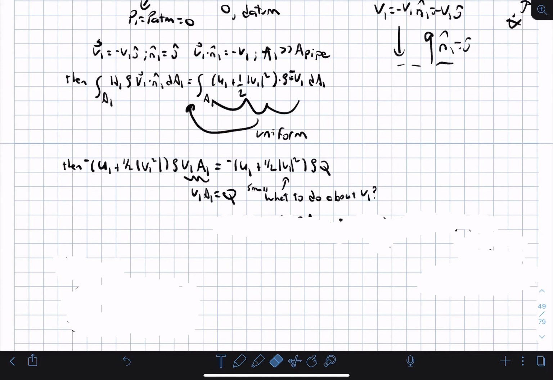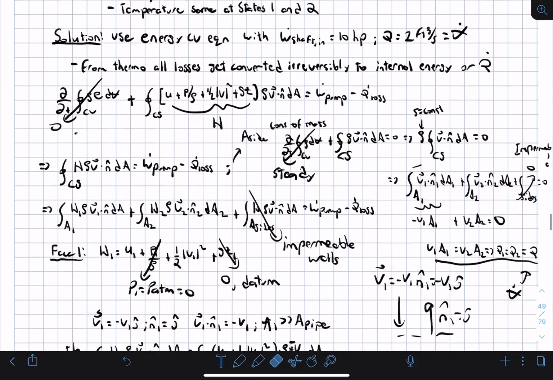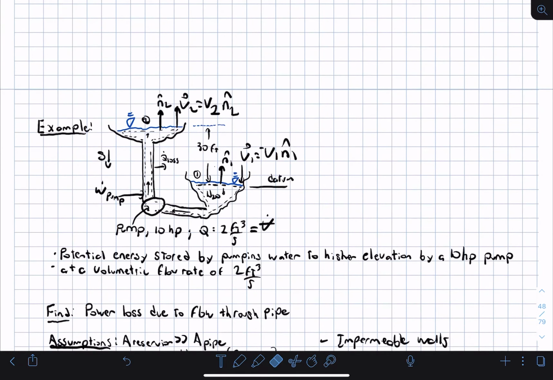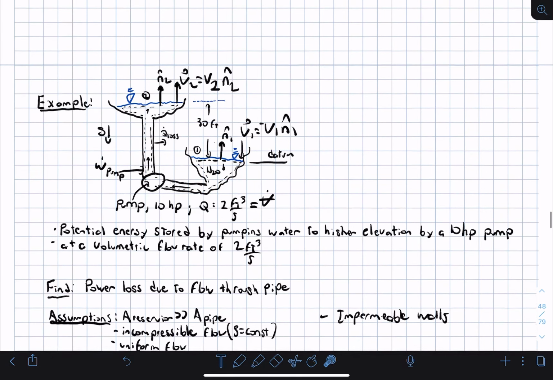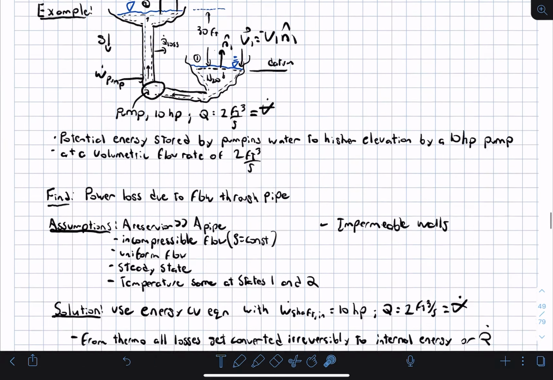Well, no matter where we choose our control volume, I'm going to scroll back up, we could choose the control volume to go from here and then cut into the pipe like that. That'd be bad for analyzing the pump in the system as a whole, but if you want to examine the effect of V1, then